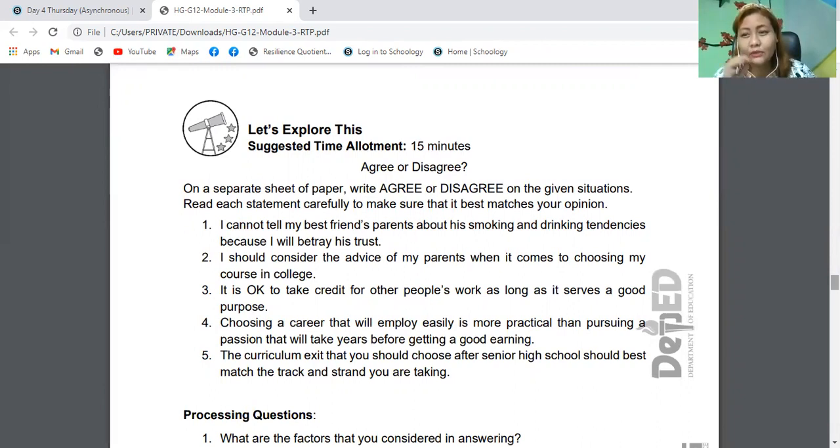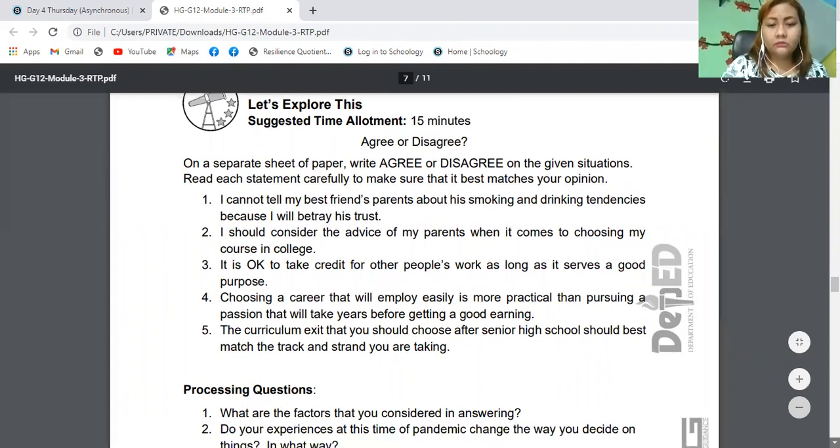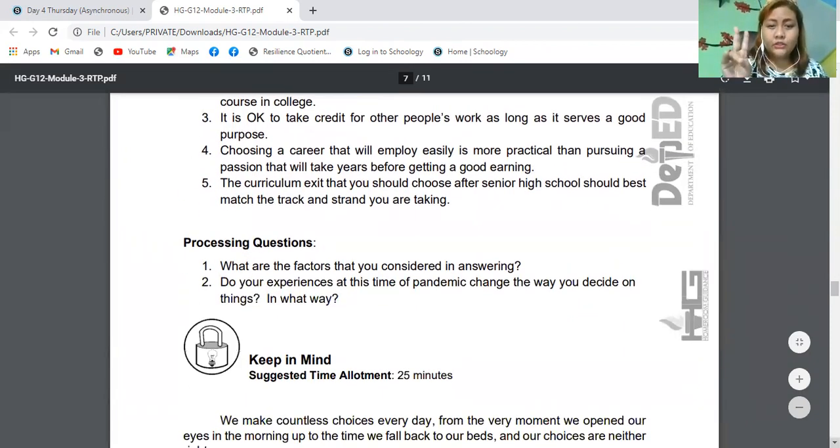You just have to agree or disagree. 5 questions. You just have to write in all capital letters, agree or disagree. This is about situations, and then if you agree that it is correct or not. After answering, you'll have 2 process questions. Okay, and then